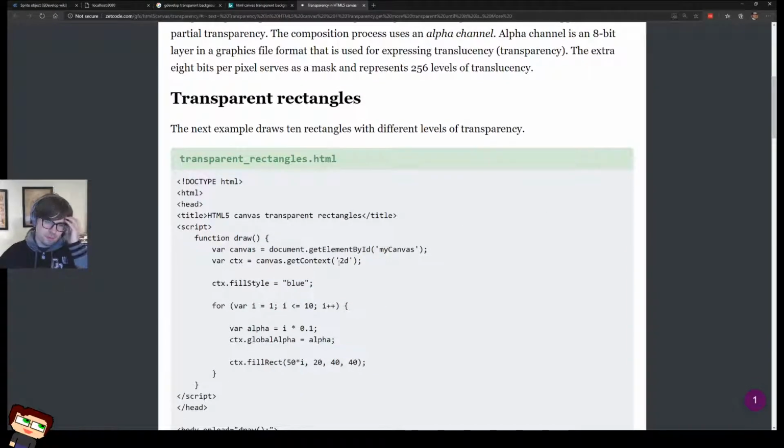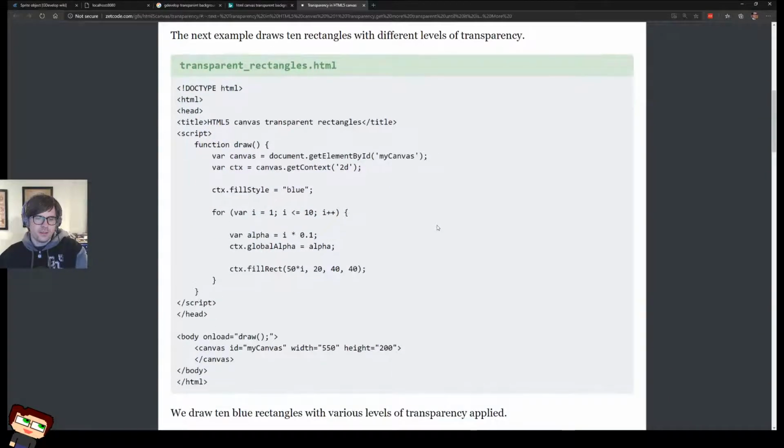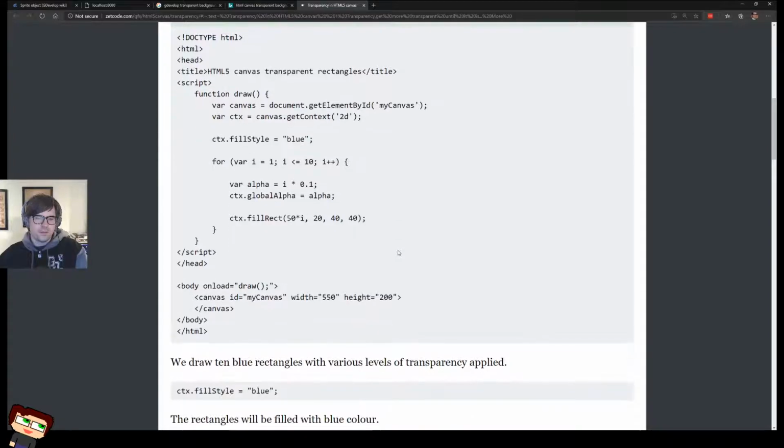ctx.fillStyle blue. Okay. Interesting. So fill style is blue, but then they actually set the ctx.globalAlpha. Transparency. Yeah, fillRect, 50 times i. Onload draw.